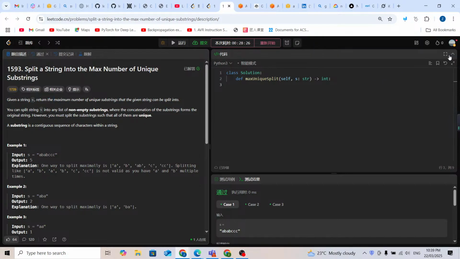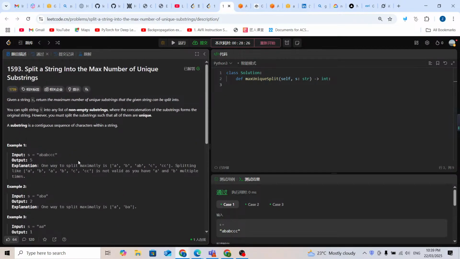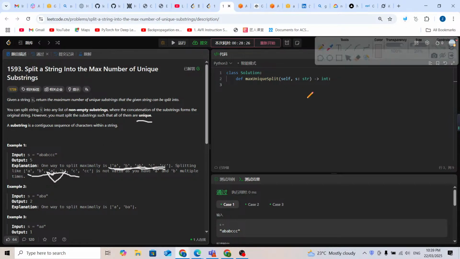So before solving this problem, let's just check if we can solve it by using brute force. So here, the brute force which I mean is backtracking. So let's just check that. Because the length of the string is only 16, this means we can solve it by using backtracking. Yeah, so the idea is also the basic case of backtracking. So for example, we have A, B,